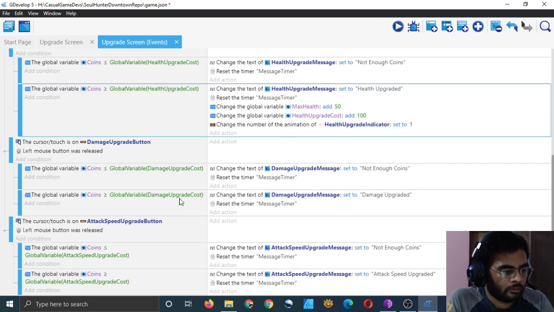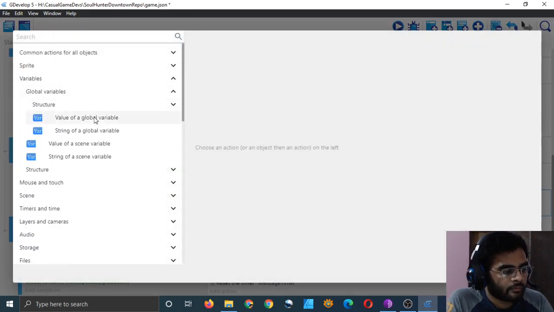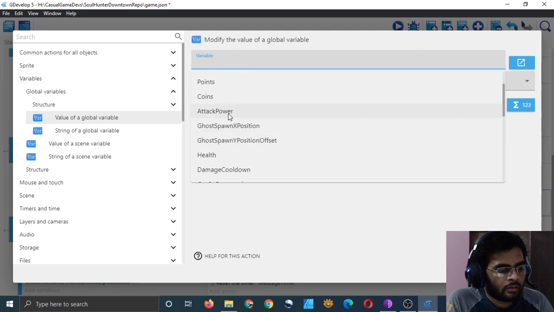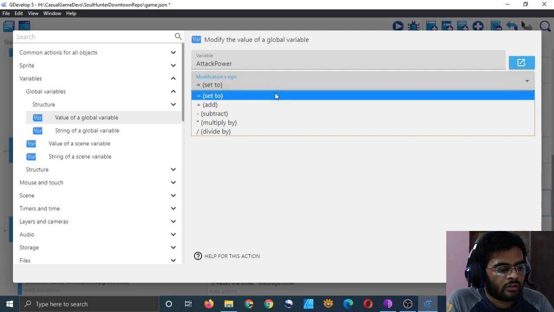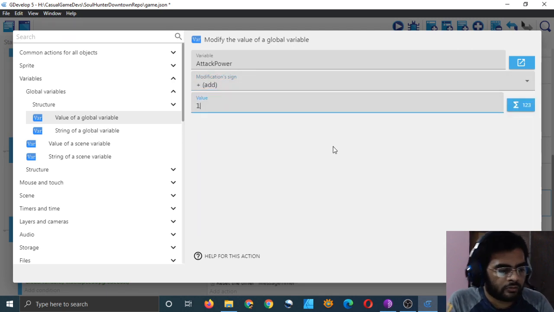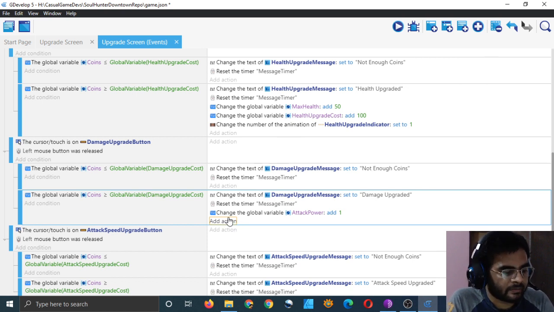So we will change when we have coins which are greater than the upgrade cost. Just change some global variables. Attack power is equal to 2, or you can say plus 1, which will be equal to 2 anyway, right? That's what will happen.